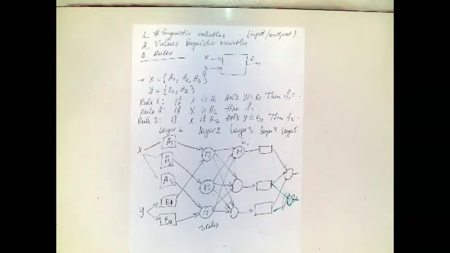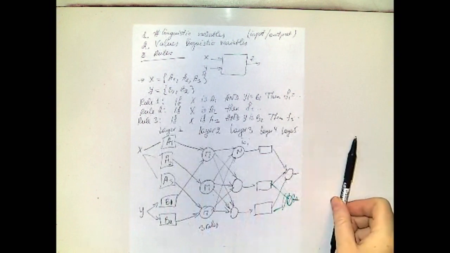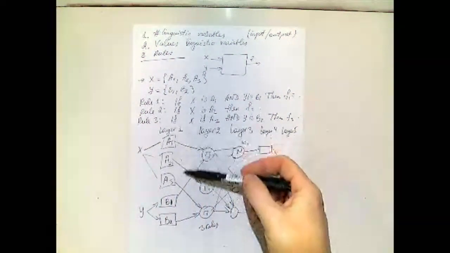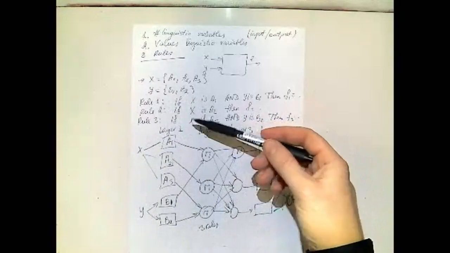Are we going to need to calculate weights this year or no? I don't remember if it's May or August. In one of the exams, I was asking for calculations, but I don't remember which. I think last year was calculations of all these weights, but this year I don't remember which one I put. Cannot tell you. It could be worth having a look. I may not ask you this year to calculate whole layers, but I may ask you to calculate, for example, the first and second layer.